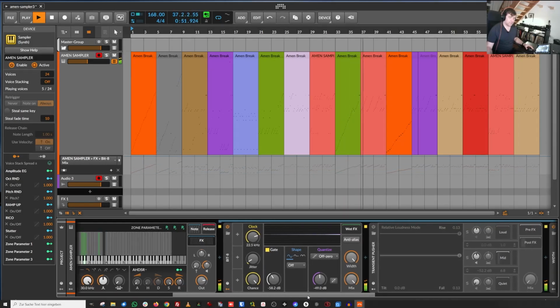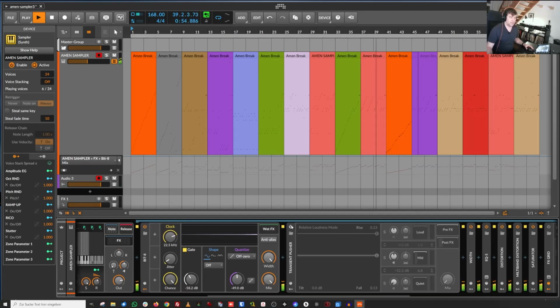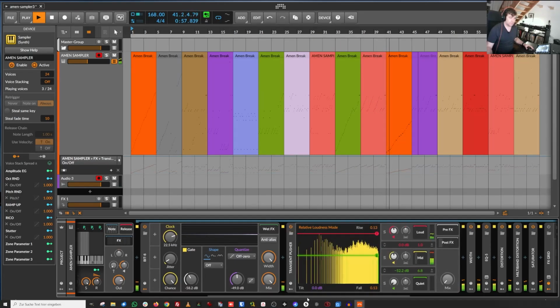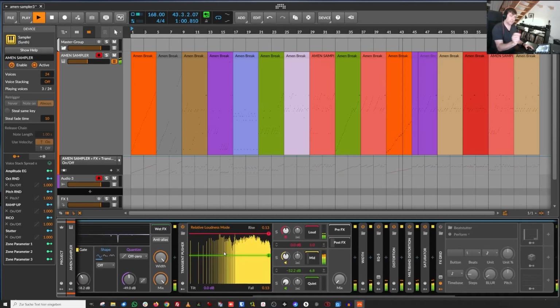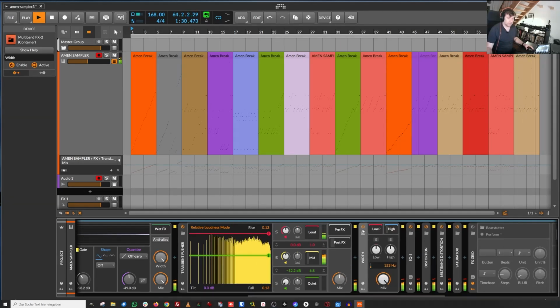And this is the next one. This is a spectral transient pusher. I really like it because it can emphasize the different kind of transients pretty nicely. Or go in between. The next one is just a widener, but